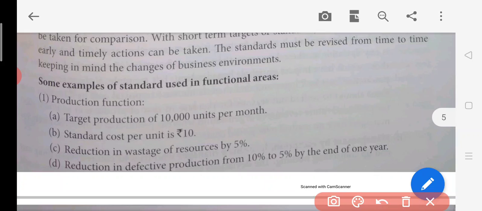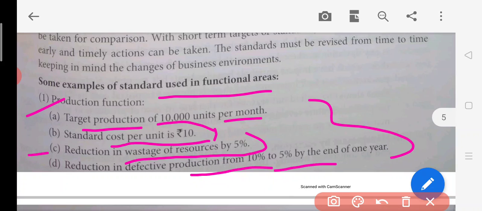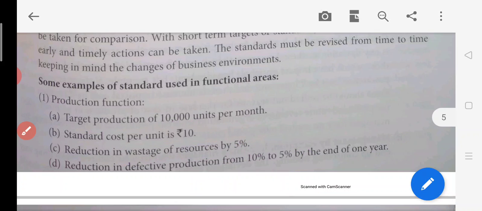So some examples of standards in functions are here. The production function can go for a target production of 10,000 units per month. Standard cost can be then there for rupees 10 per unit cost. Then reduction in wastage of resources by 5%. Now again these are parameters like they have given above. So reduction in defective production from 10 to 5% by the end of the year. So this much defective production, 10 to 5%, is acceptable. Beyond that limit it is unacceptable. So this is the parameter against which you can